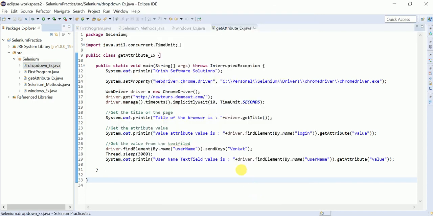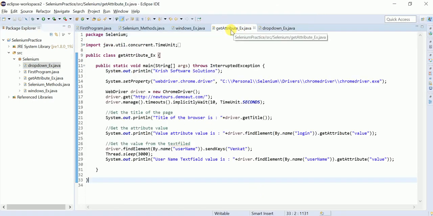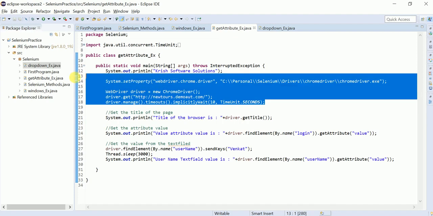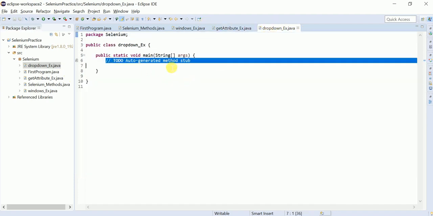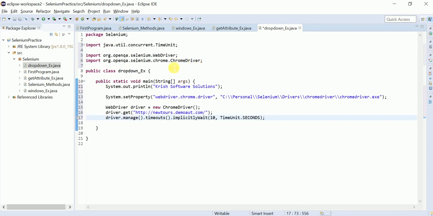Click on finish. This part is common code for us, so let me copy it from here to here. What I am doing is printing Chris Software Solutions. I am setting my Chrome driver path here, webdriver.chrome.driver. I am creating a WebDriver object here.